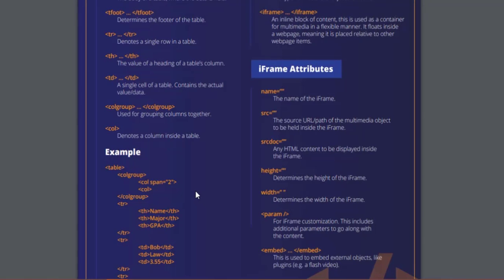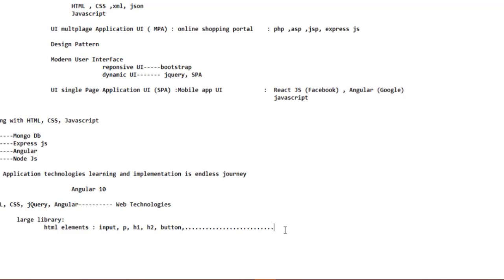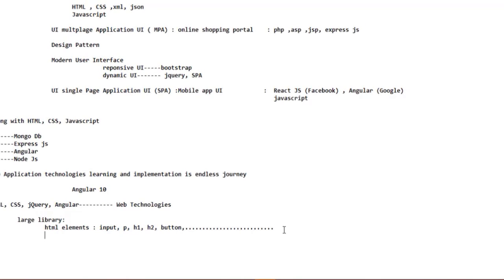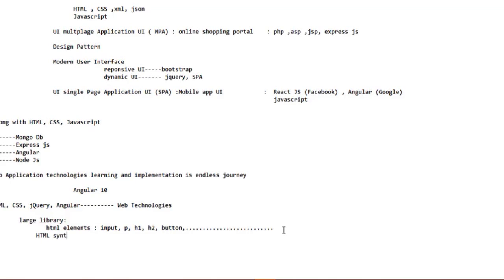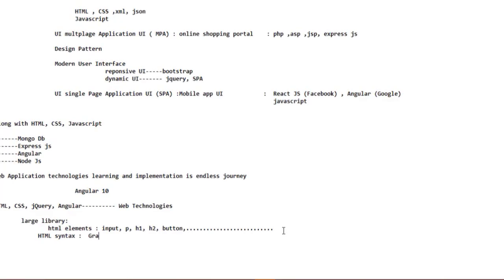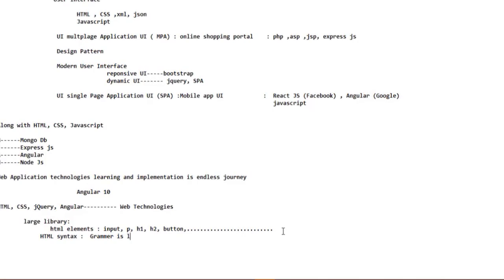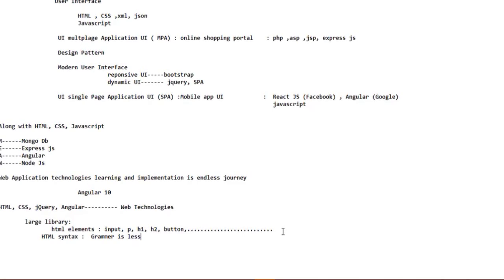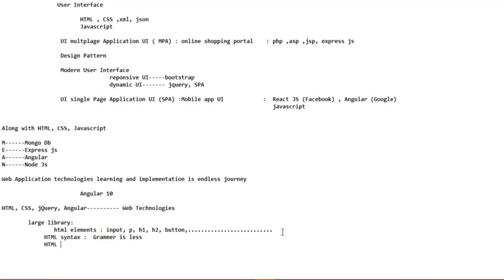Why? Because here in this HTML, what you are learning, in HTML, in CSS, the HTML syntax is slightly simple. The syntax, the grammar is low, or grammar is less. But what you have under HTML? You have a lot of HTML elements which are given inbuilt. So if I want to know all HTML elements, that means I need to know that.